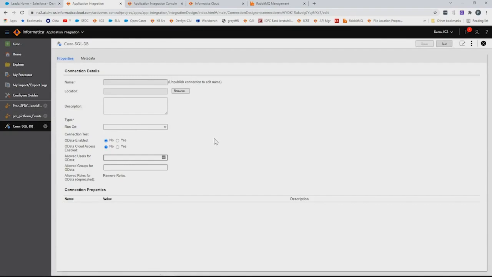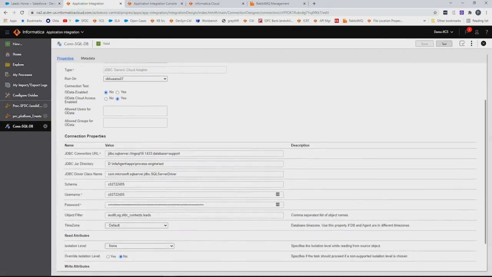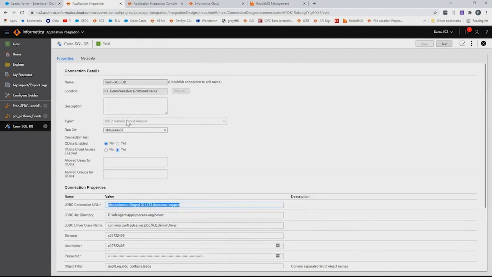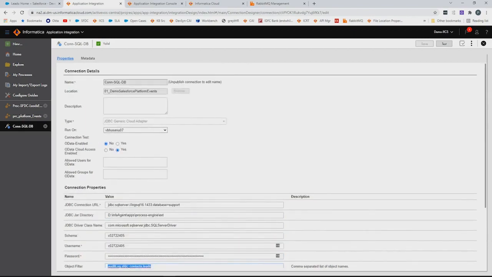In order to create a database connection, we have created a JDBC connection using JDBC URL by using the JDBC generic cloud adapter type connector. Here we are using JDBC URL, and the driver jar is placed under this directory, and we have given some of the basic information like username, password, and object filter, so that our publish is faster.